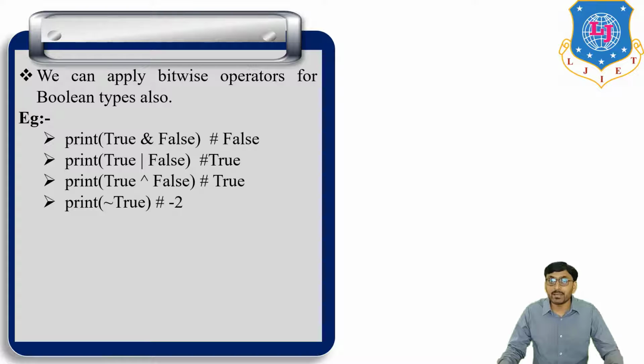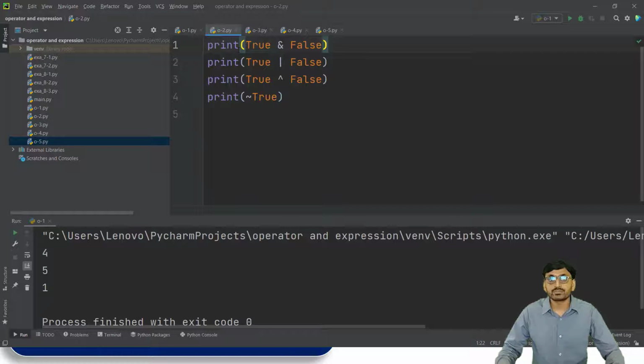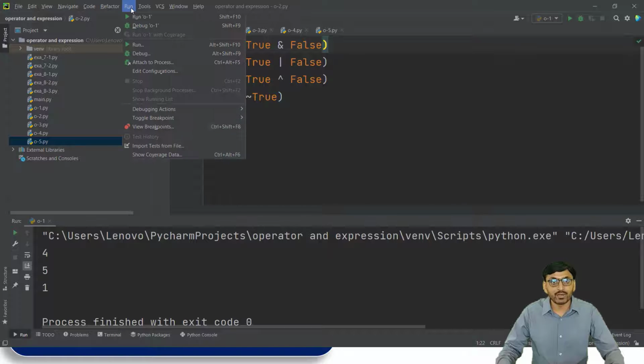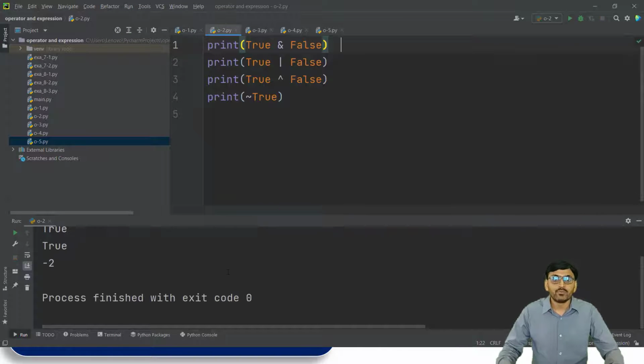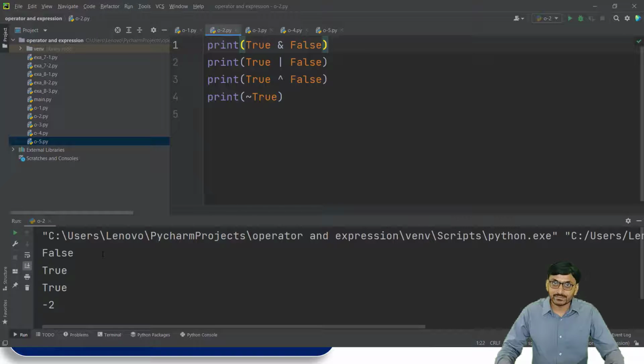Now this same program we run in PyCharm. First print true and false, second print true or false, third print true xor false, then print the complement of true. If we run this program, the output is false for the first, true for the second, true for the third, and -2 for the fourth.